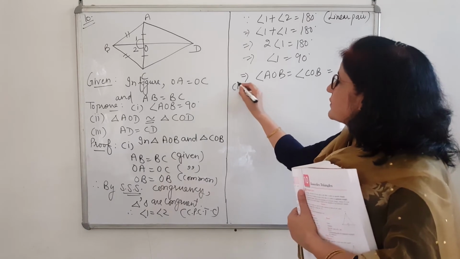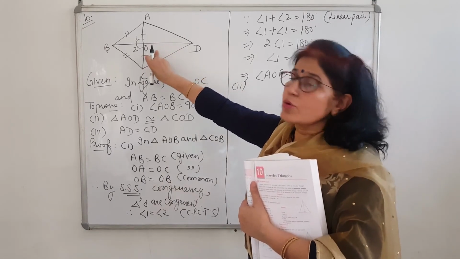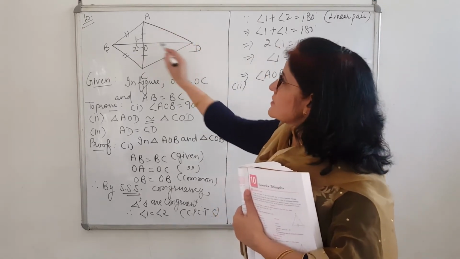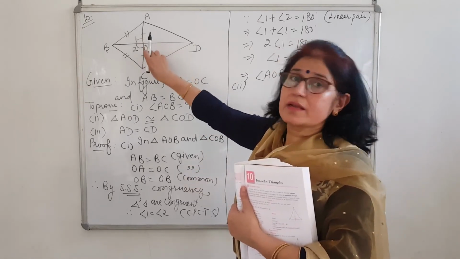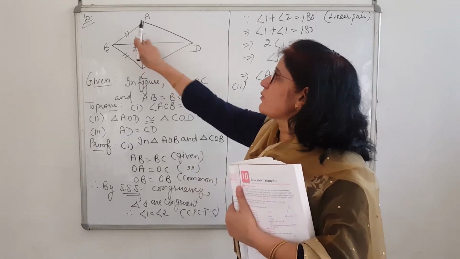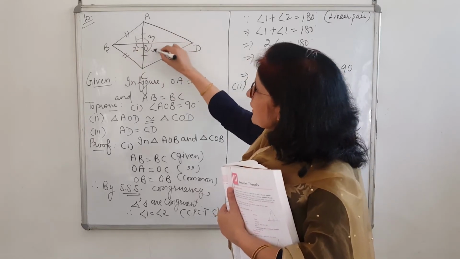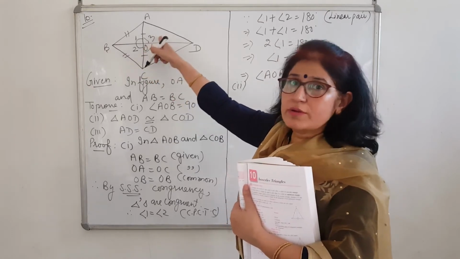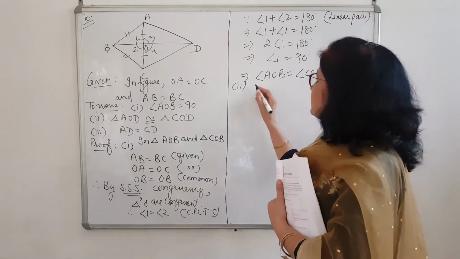Now in the second part, you have to take these two triangles and make them congruent. You can think in your mind that one side is equal, this side is common. What will be the third part? That means these angles we need to take. So we can take these angles equal to 1 and 2. This you can take 3, this you can take 4. 1 is equal to 4, 2 is equal to 3. So both will be equal because these are equal angles.